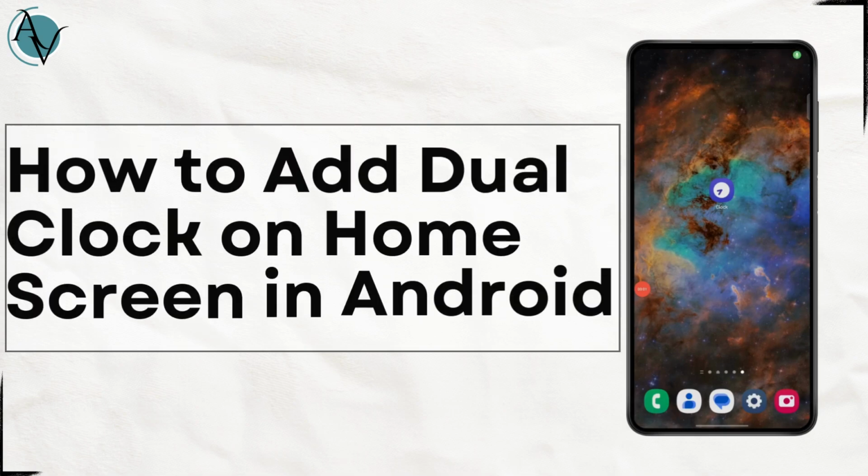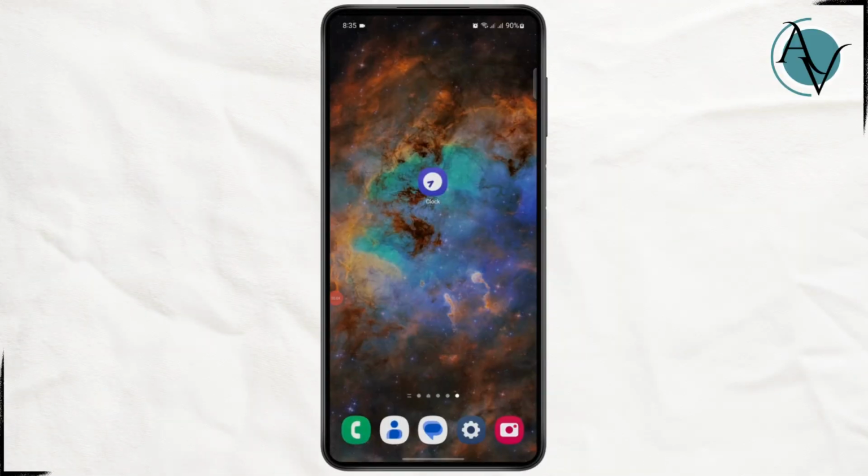How to add dual clock on your home screen. Hello everybody, in today's tutorial I will be showing you guys how you can easily add dual clock on your